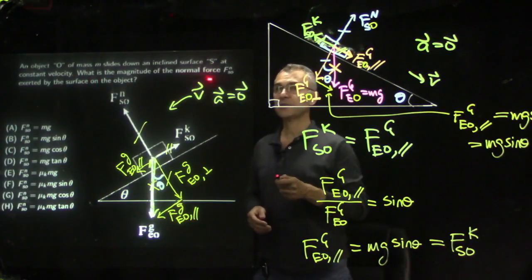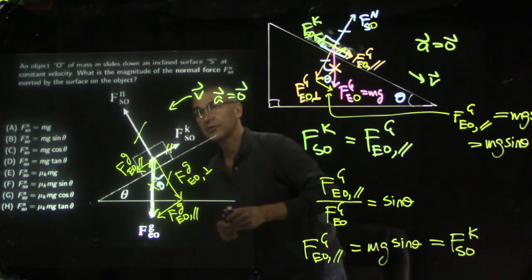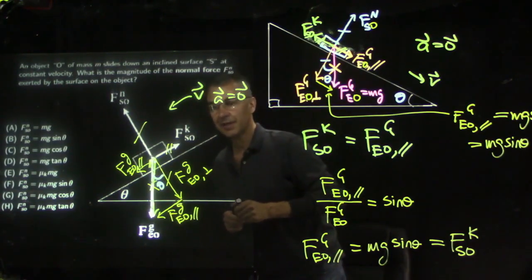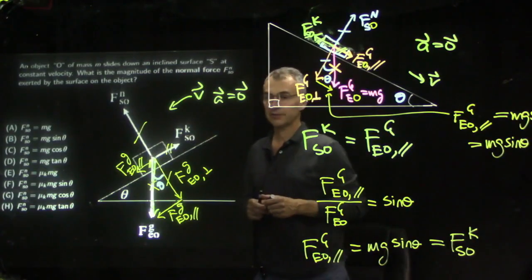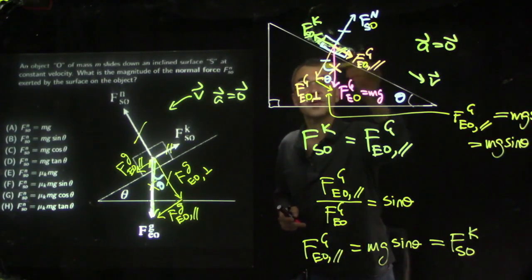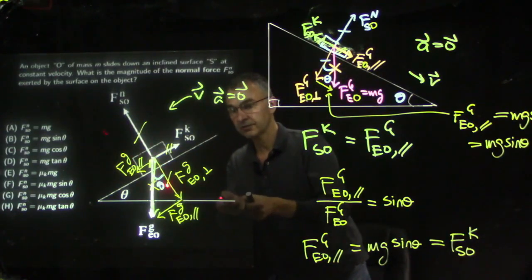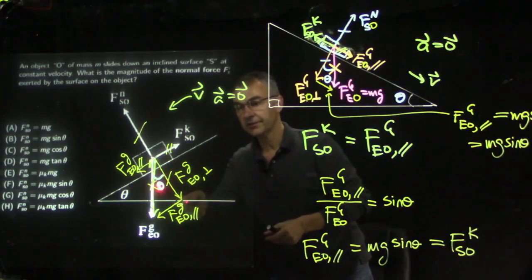Same scenario, what is the magnitude of the normal force exerted by the surface on the object? The normal force exerted by the surface on the object will be the same magnitude as the perpendicular component of the gravitational force. On this diagram, that is this orange or salmon colored line here. And again, we have this angle theta, so we can say